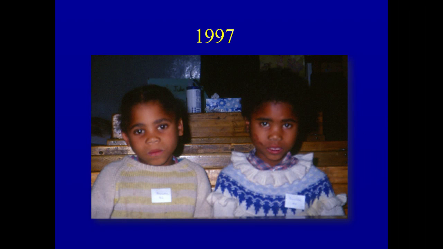These are two children. These are non-identical twins that I examined in 1997. You can see that the little girl on the left has a smooth philtrum and a thin upper lip. Both girls have short palpebral fissures. We recognized the little girl on the left as having full-blown fetal alcohol syndrome. The girl on the right has milder manifestations, or partial fetal alcohol syndrome.